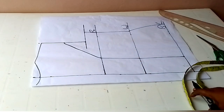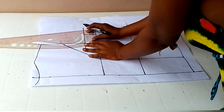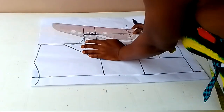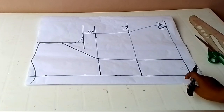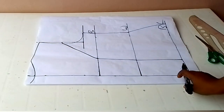If you are putting a straight dart, you are going to be adding back your dart intake. Now you can see the way I just place my curve rule like so to curve out our armhole shape. You can see it here, just very, very simple. The back is just an easy pattern to draft. All right, now after doing that,